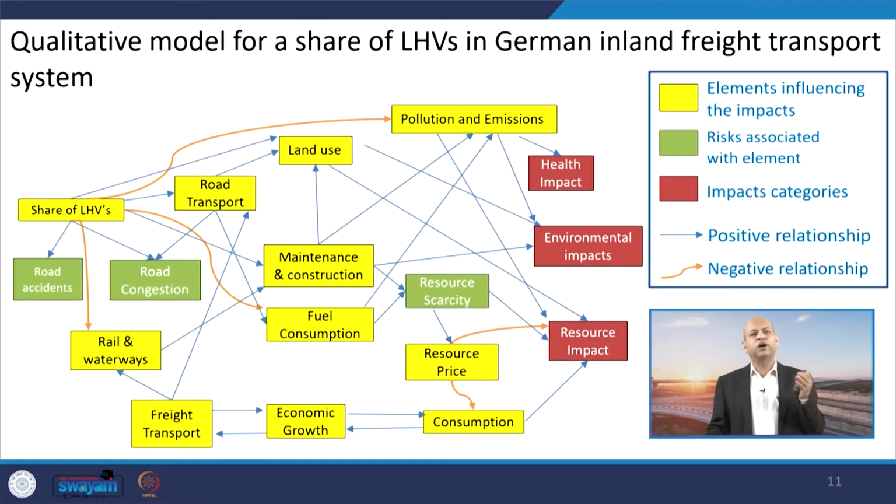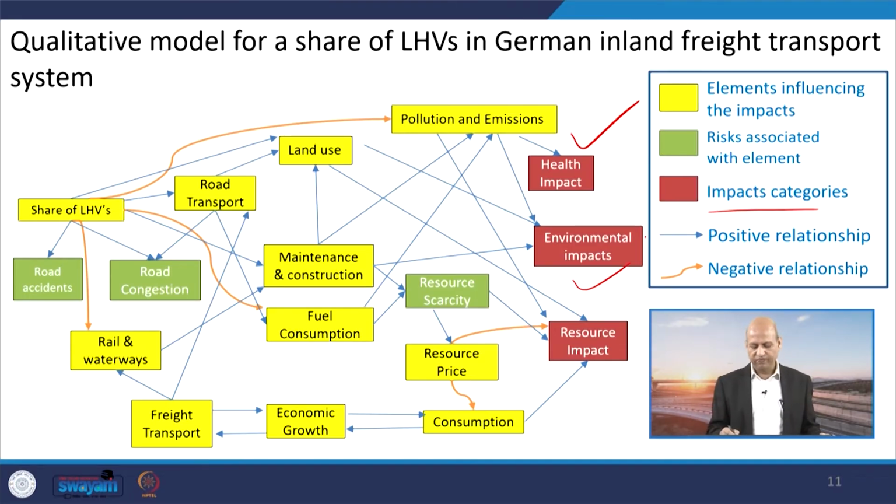So, different kinds of scenarios we have to observe. If you see this qualitative model for the share of LHVs in the German inland freight transport system, the yellow elements are for influencing the impacts, and the green is the risk associated with these elements. For example, resource scarcity may happen, road congestion may happen if the number of vehicles increases, and road accidents may also happen. These are the impacts, or risks, you can say, and the impact categories are health impacts or environmental impacts in total,